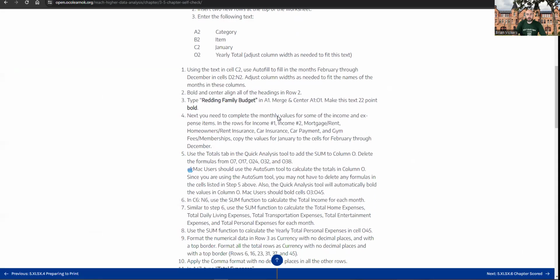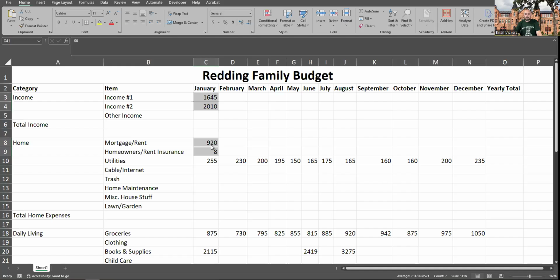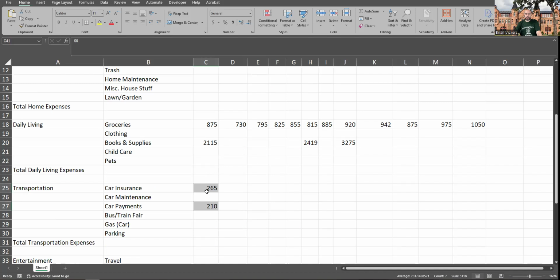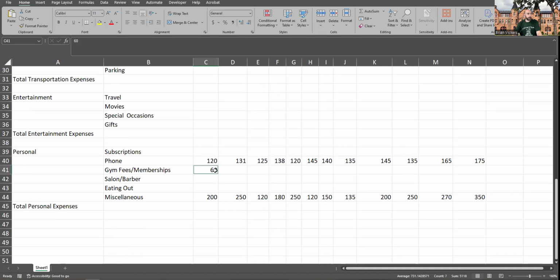Next, we need to complete the monthly values for some of the income and expense items. In rows for income 1, income 2, mortgage, rent, all the way to the end, copy the values for January to the cells for February through December. So those cells were income 1, income 2, mortgage, rent, homeowners insurance, car insurance, car payments, gym fees and memberships. And we want to drag those all the way to